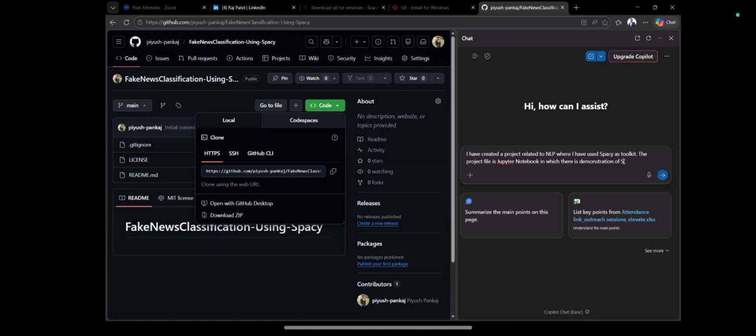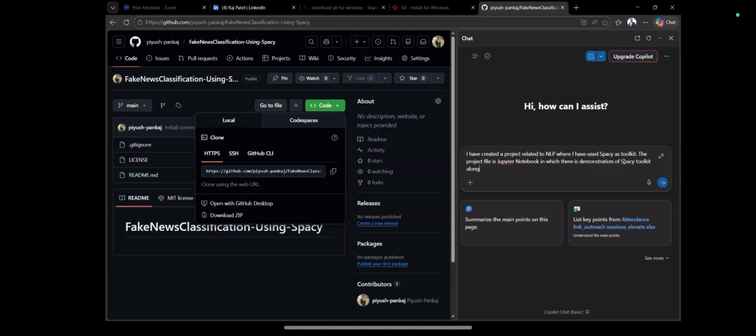Demonstration of the spaCy toolkit along with the classification project called fake news classification.